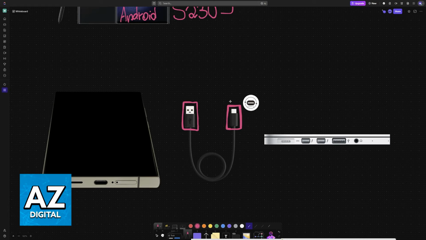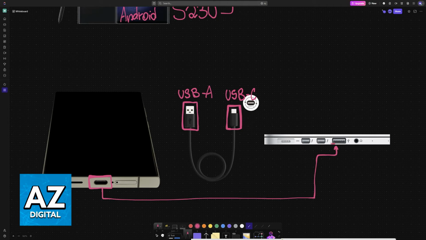So they are usually going to be USB-C to USB-C, but if you have USB-C to USB-A, that is okay as well. To keep it simple, just make sure that you are able to establish a connection between your phone and your Mac. It doesn't matter which cable you use, as long as you connect them together with whichever connection type is available for you depending on your cables.